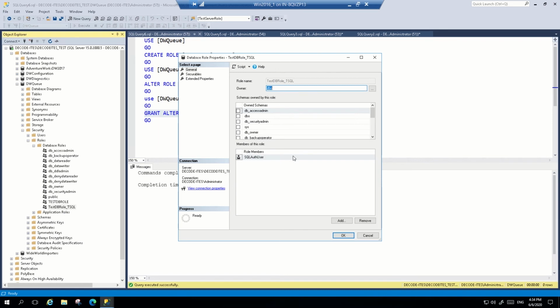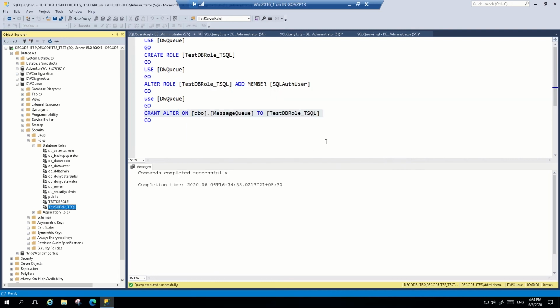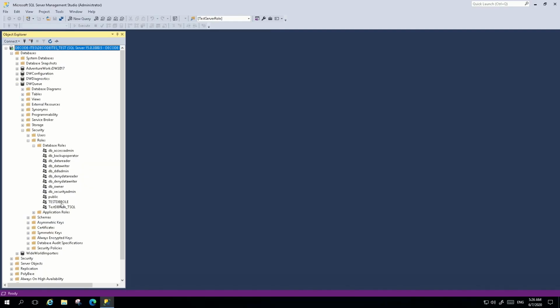Let's verify it. The SQL auth user is added under TestDBRole and the table permission is also granted. So it completely depends on you. If you want to use SSMS or you are handy with T-SQL, you can use either of them.